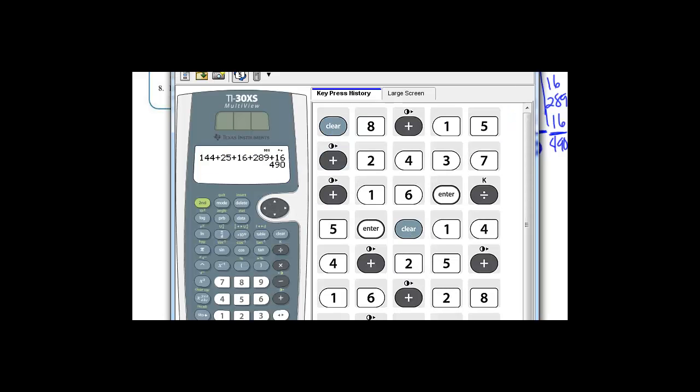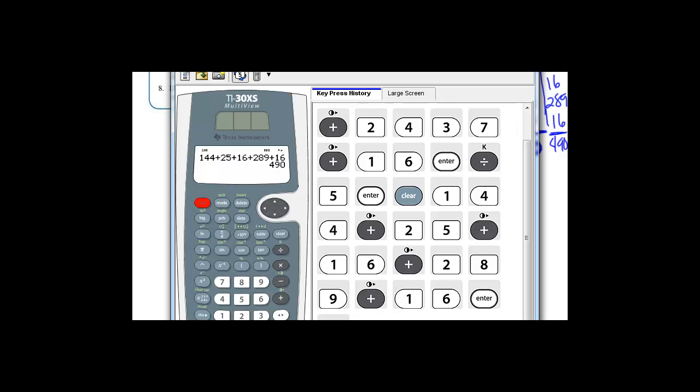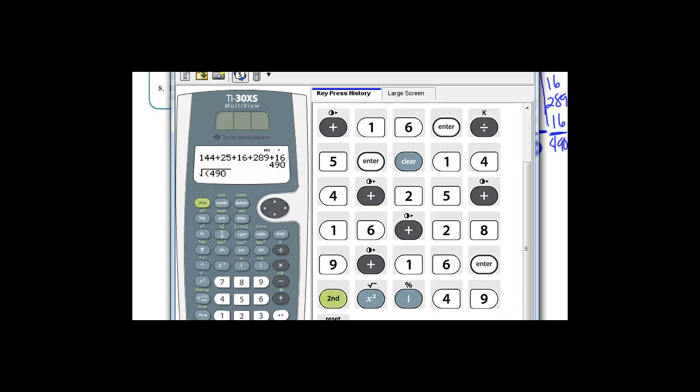Let's do that. We'll take the square root of, I'm going to open up my parenthesis because I will have a fraction here, 490 divided by 4, close the parenthesis, press enter, and I end up with 11.06